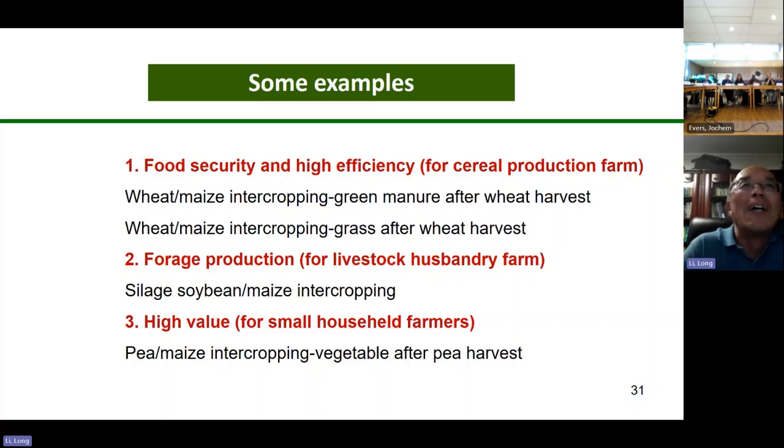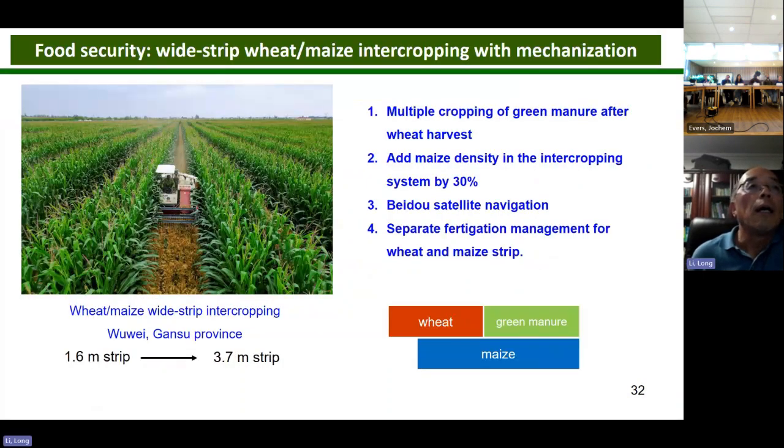Thank you. I will give you some examples. The first one is food security and high efficiency, a serious production farm, with wheat-maize intercropping and green manure after wheat harvest. Also wheat-maize intercropping with grass after wheat harvest, a forage production system, and high value. That is what we have been extending to farmers in recent years. This one is